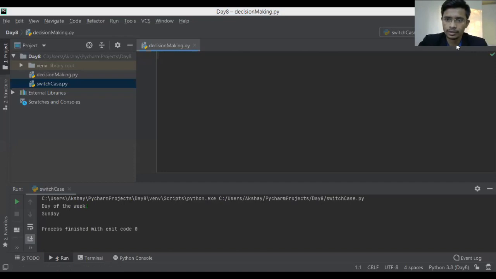Yeah, perfect. So today we are going to learn this thing, and it is called decision making. Till now we learned statements, we learned expressions, we learned a lot of things actually. Those are basic things which are just enough to go and learn the advanced concepts.